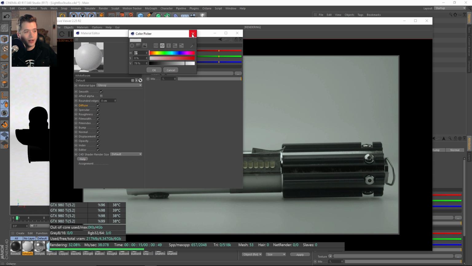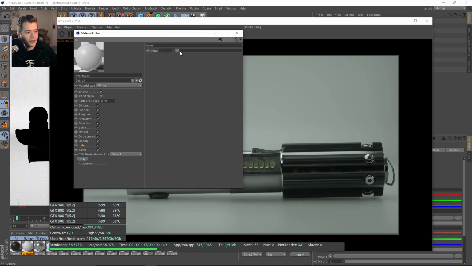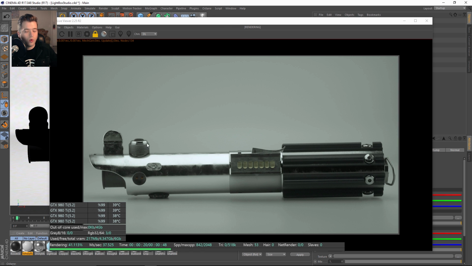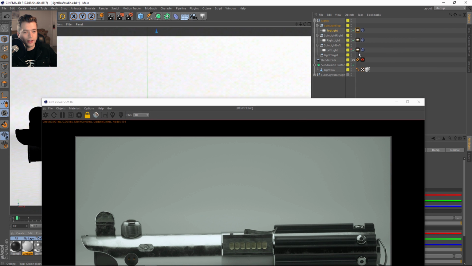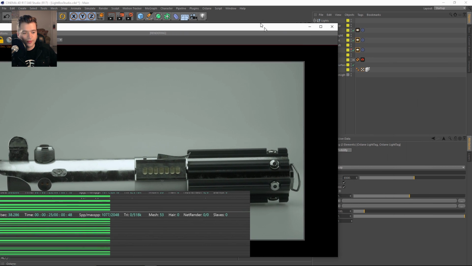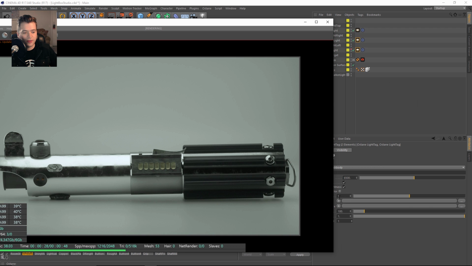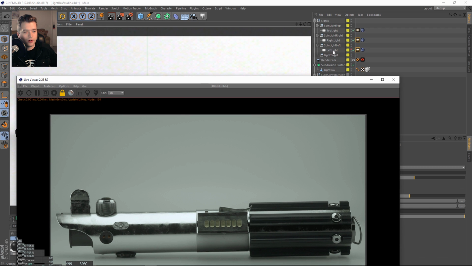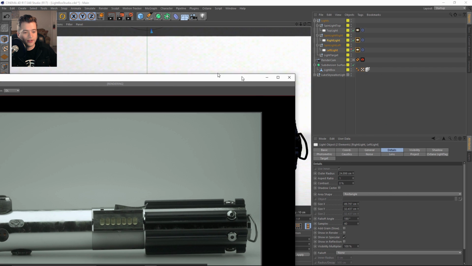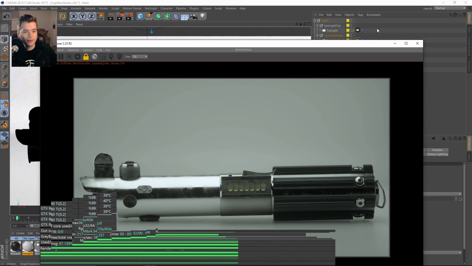It's about 80% white in the diffuse, and the index is set to 1.4. So we're throwing around a lot of light here in this scene, but our left and right lights, if we select both of these, again, they're kind of white, 6500, and again set to 1, and they're about the same size, I believe, as the top light. Yes, they're the exact same size.